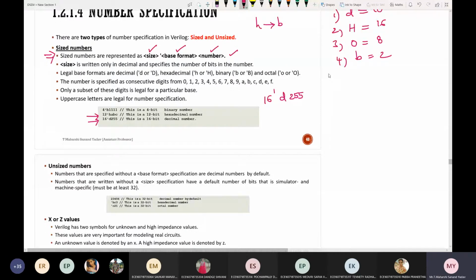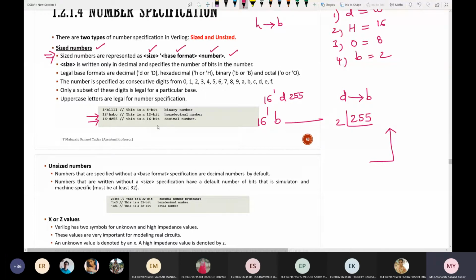How to convert decimal to binary? Continuously divide by 2 so that you get the binary equivalent, and write it from top to bottom. So this will be 16'b followed by the equivalent. This is about sized numbers.